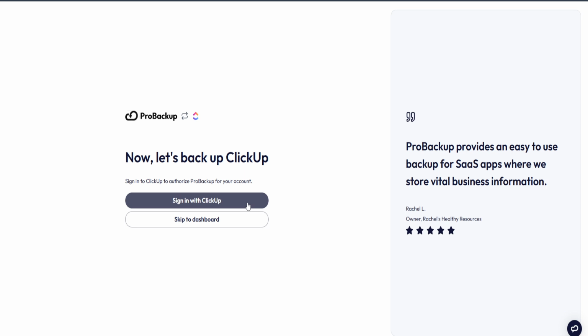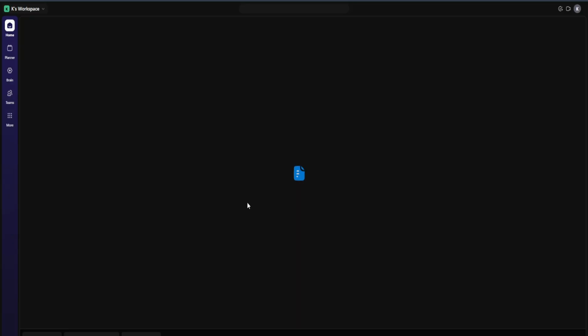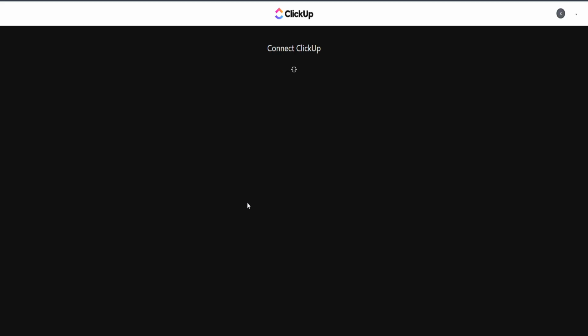After connecting, enter the code sent to your email again. This is a measure to ensure that the connection is secure and verified by you. At this point, you have established a secure link between Pro Backup and your ClickUp account. Finally, initiate the backup by selecting Start Backup. By doing this, Pro Backup will begin securing your ClickUp data, ensuring it's safe and sound should you ever need